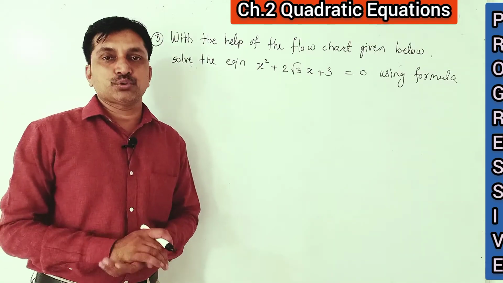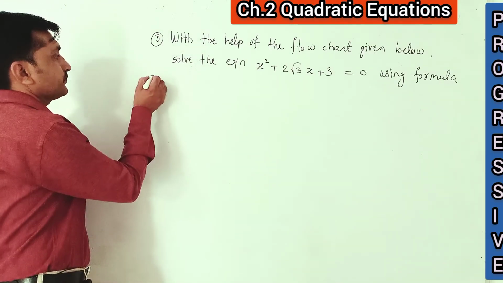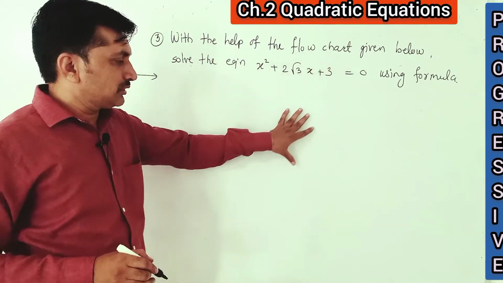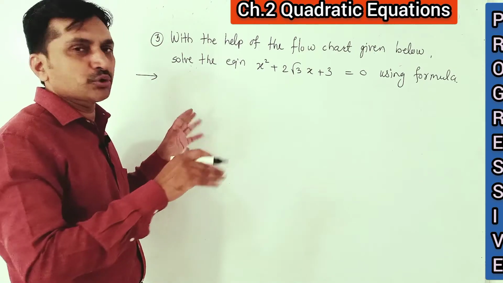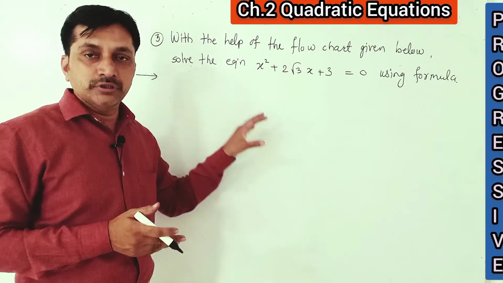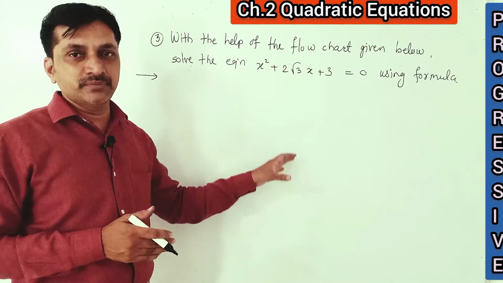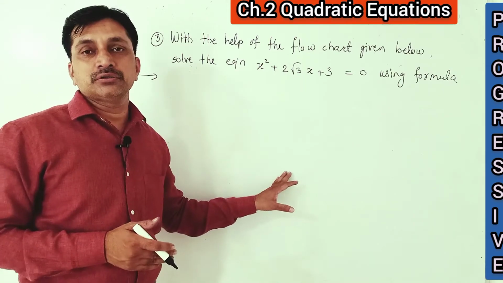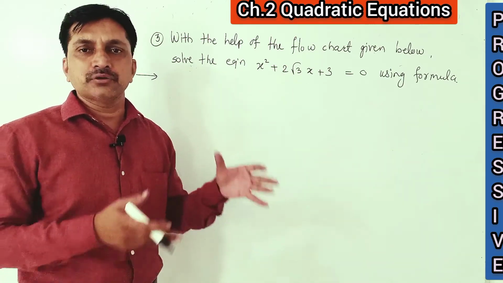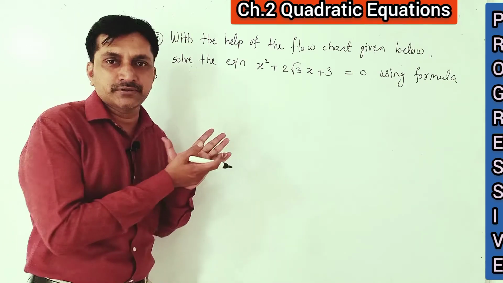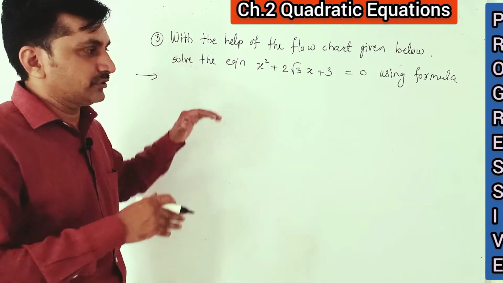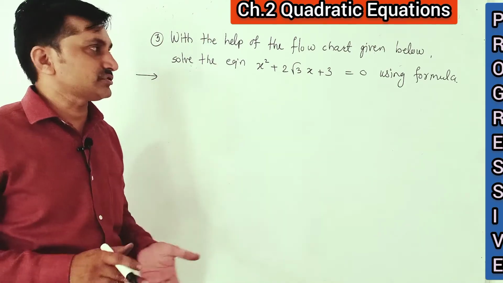Dear friends, now last question of this practice set, question number 3. It is said here, with the help of flow chart given below. Now what is given here in textbook? It is given just what to do. Steps are given. First step, compare this equation with general form. Then second step is given, find values of ABC. Then it is given, use formula. Then it is given, put values. Then it is given, find values of. Now these are the steps of our solution, we know that. Okay, that's why that flow chart I don't write on the board. Generally if we follow our steps, we get each and every step.